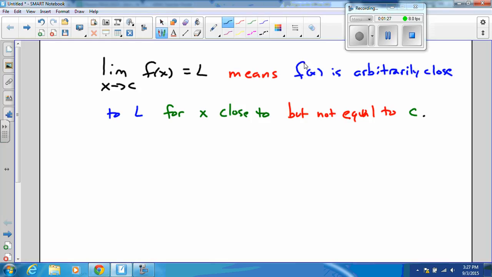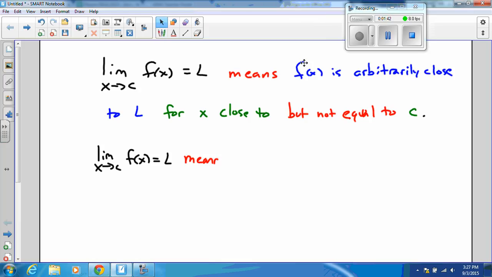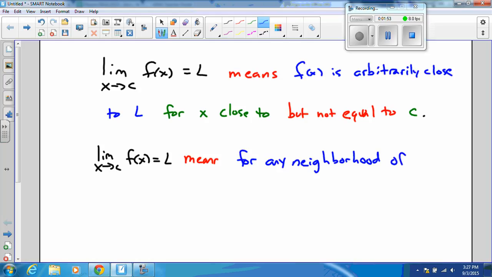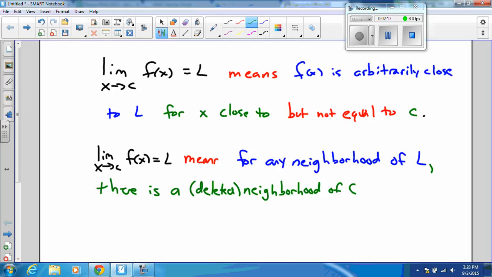translate it. And we did an intermediate translation like this, that the sentence, the limit as x goes to c of f of x is equal to L, means that for any neighborhood of L, there is, and I'm going to put the word deleted here, a deleted neighborhood of C such that